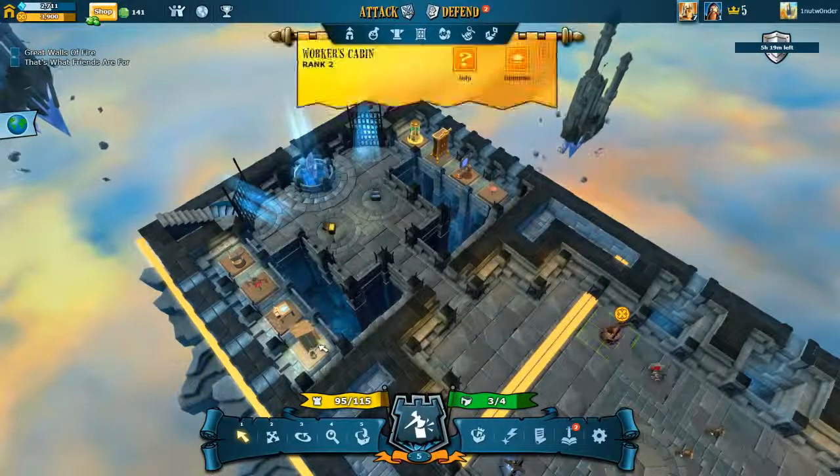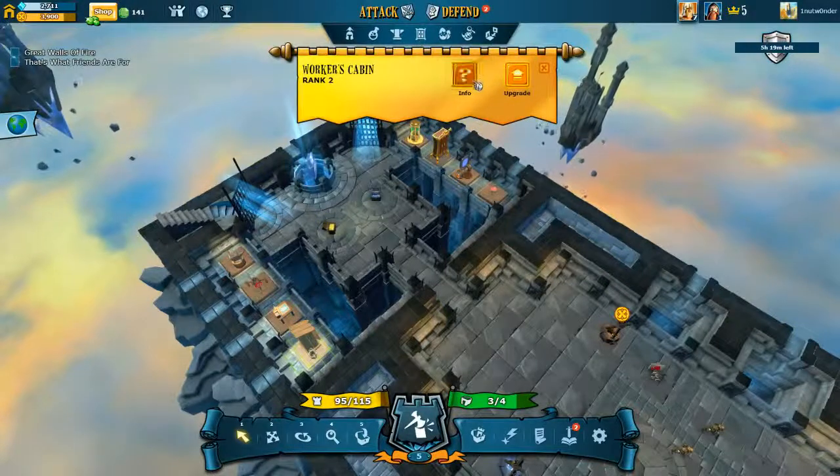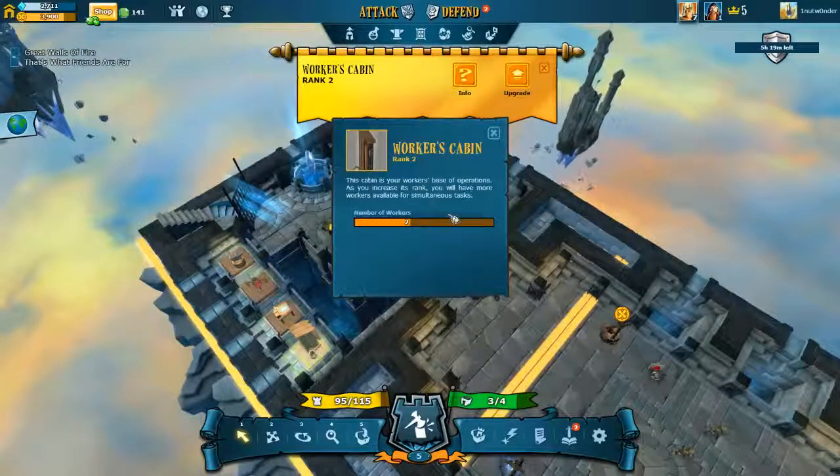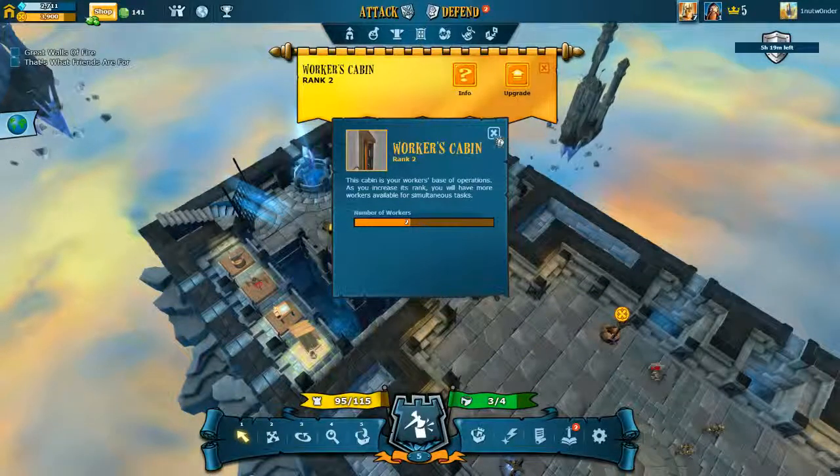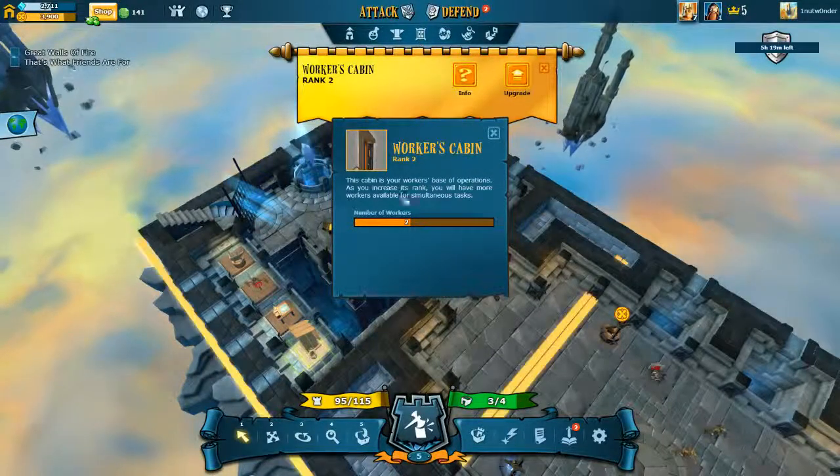But you do have the workers cabin, starting out here. You can't see, this is just your worker. So you have 2 workers per se that can build things. And you do only get 2 unless you want to pay for some gems. Kind of like,